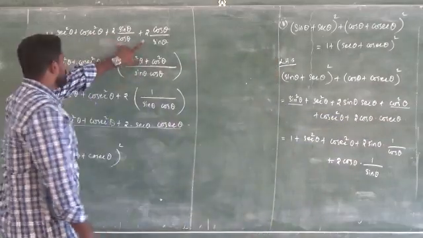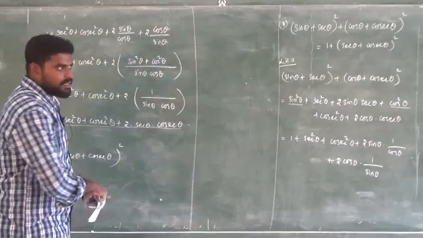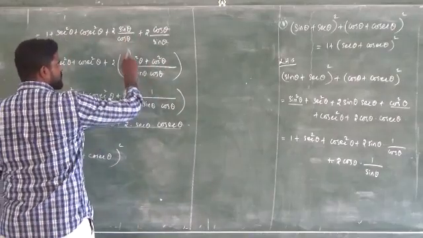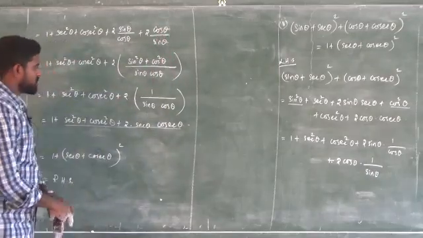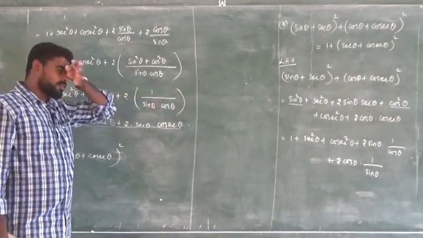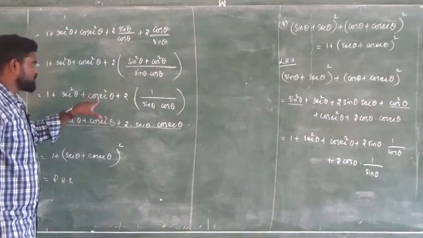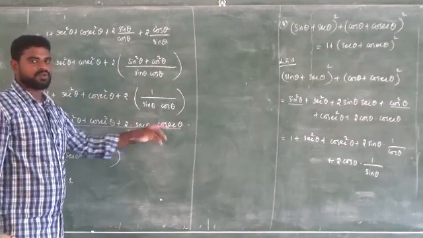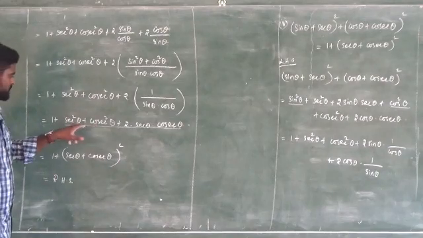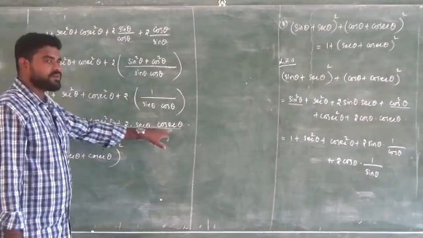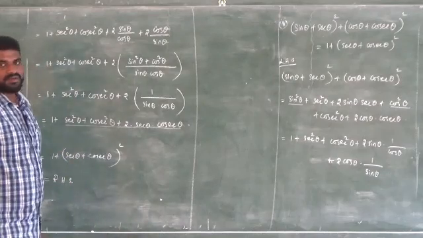So in these two, 2 is common. So if you take 2 as common, then LCM is sin theta into cos theta. If you cross multiply sin into sin, sin square, cos into cos, cos square, sin square plus cos square, it is 1. So 1 by sin and 1 by cos. 1 by cos is secant and 1 by sin is cosecant. Here we have a square plus b square. We need only 2ab. So it is a plus b whole square. So 1 plus secant square, cosecant square, 2 secant cosecant, it becomes secant theta plus cosecant theta whole square. That is the RHS.